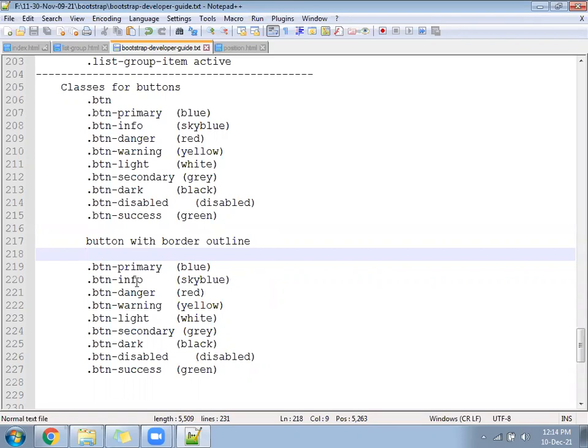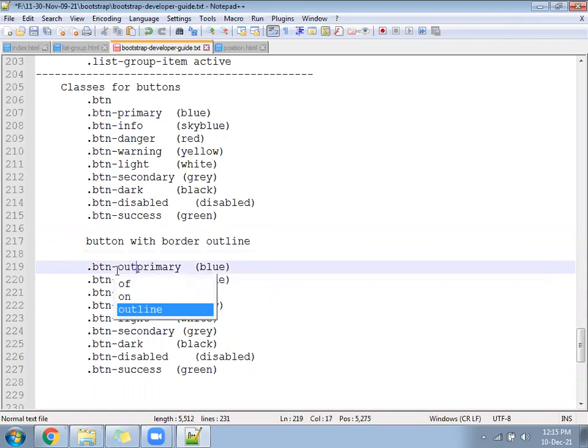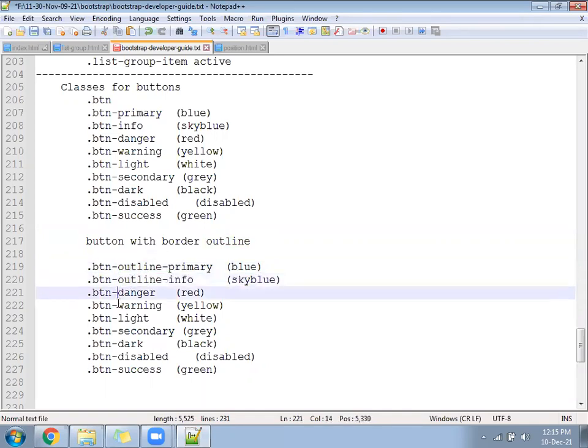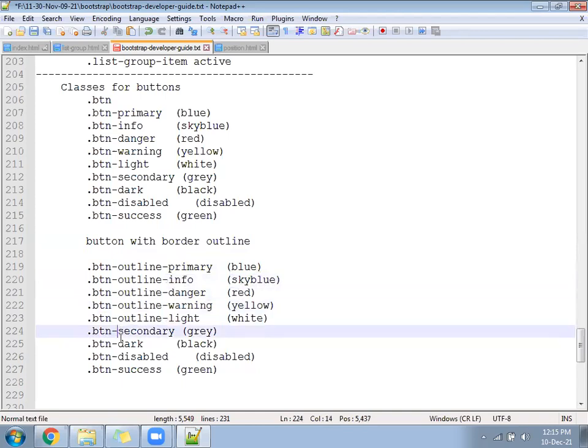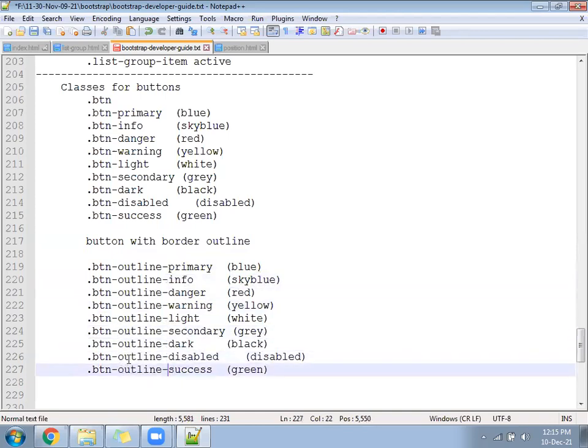BTN hyphen outline hyphen primary. Just add the outline in between. Add the outline everywhere.